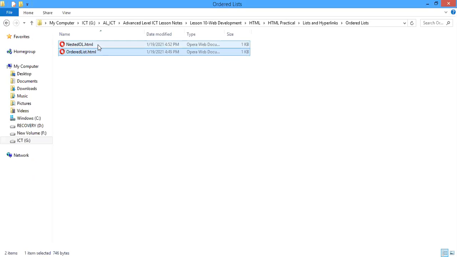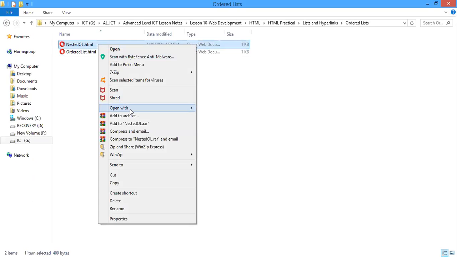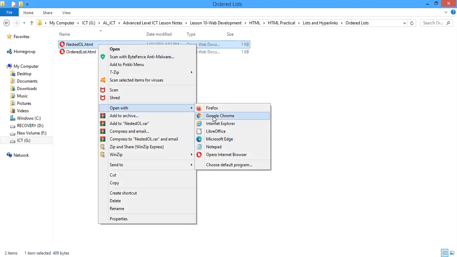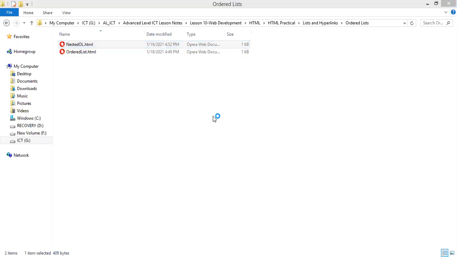Now we will see how to create nested ordered lists in the HTML page. First we will see what a nested ordered list is. Here you can see the first item is fruits, and these fruits and countries belong to one outer ordered list. Within this outer ordered list, we have two inner ordered lists, which have used two different ordering methods.